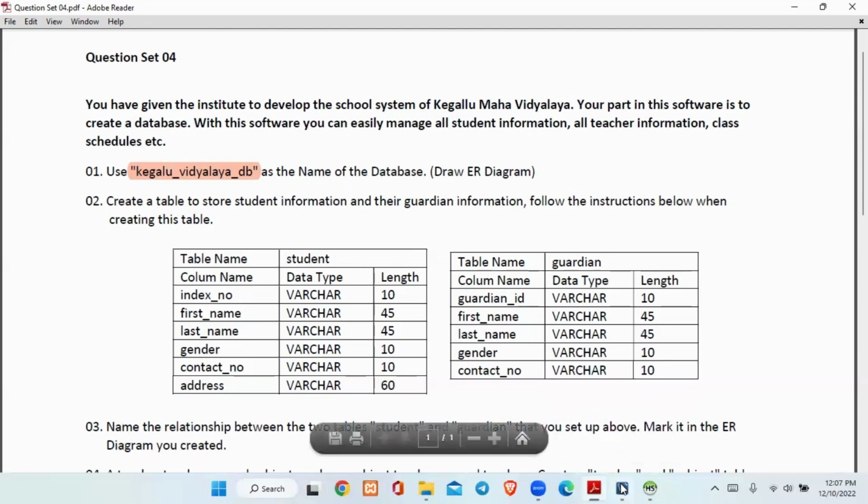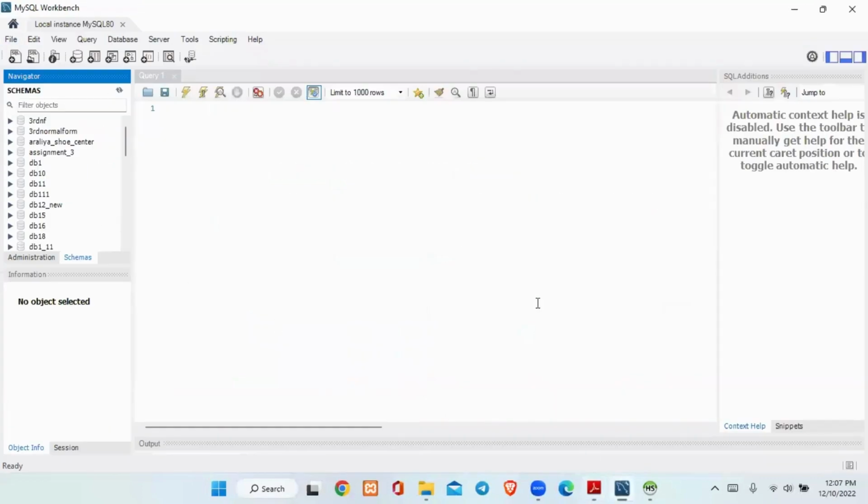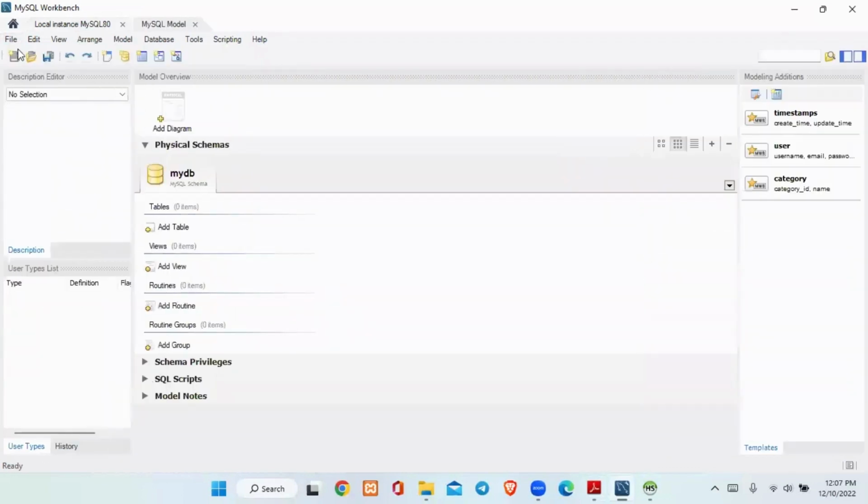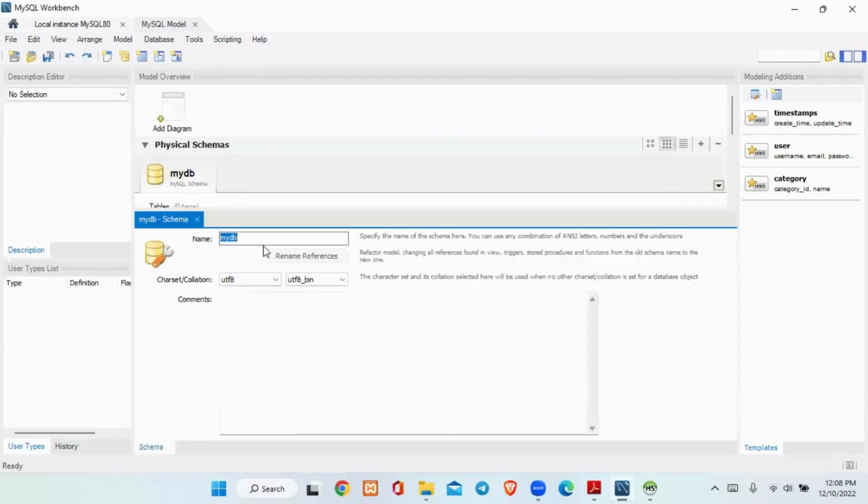So I'll be using MySQL Workbench to create it. So now I have arrived at my MySQL Workbench. Using this File tab, we have an option called New Model. Using this option, we'll create a new model. So now you all can see that I have arrived at my model overview window. In this physical schema, I can double click on this MySQL schema and edit it. So I'll give our database name as